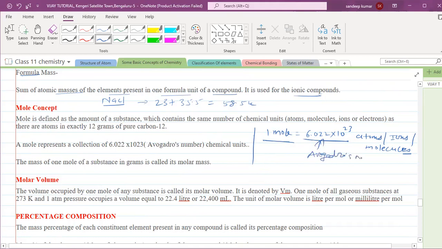Mole is defined as the amount of substance which contains the same number of chemical units, atoms, molecules, ions or electrons, as there are exactly in 12 grams of pure carbon-12. This is the definition, or simply you can write 1 mole represents a collection of 6.022 into 10 to the power 23 chemical units. The mass of 1 mole of a substance in grams is called molar mass. 1 mole is also equal to gram atomic mass,